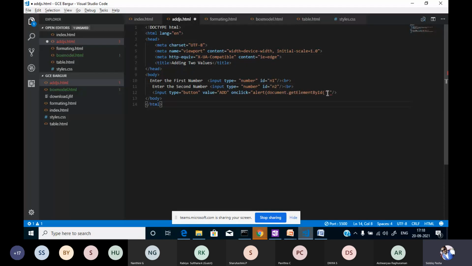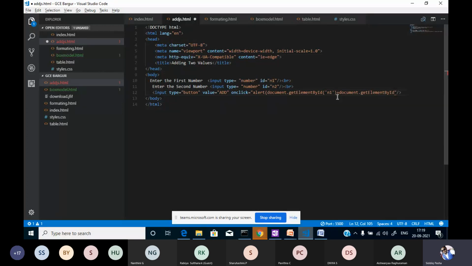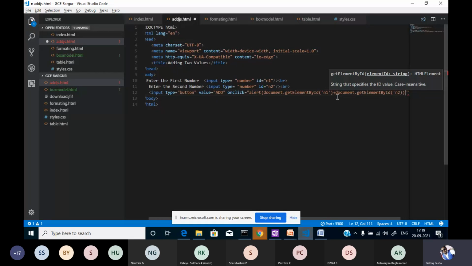So by ID n1, I'm adding this plus document.getElementById n2.